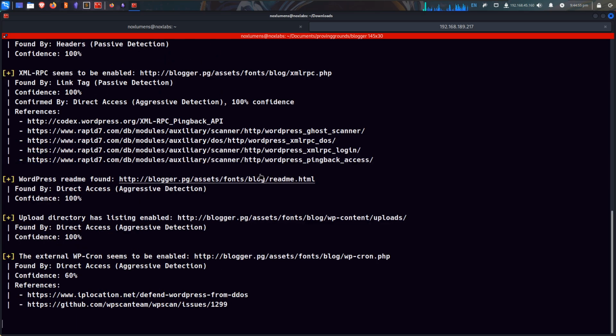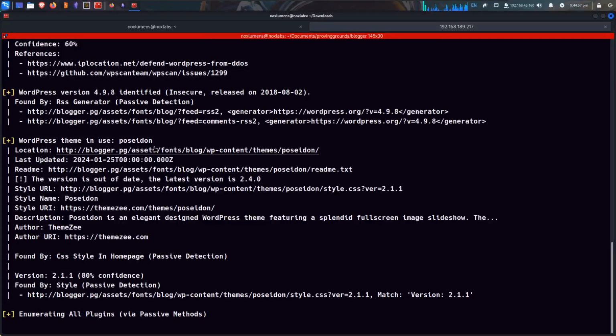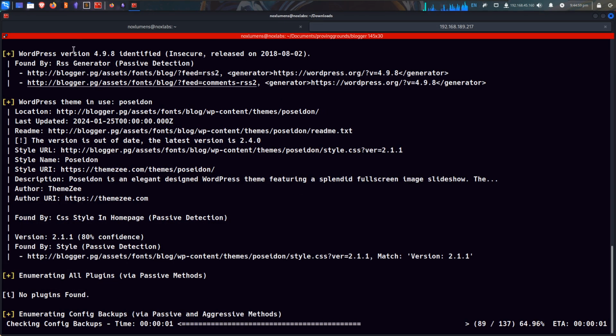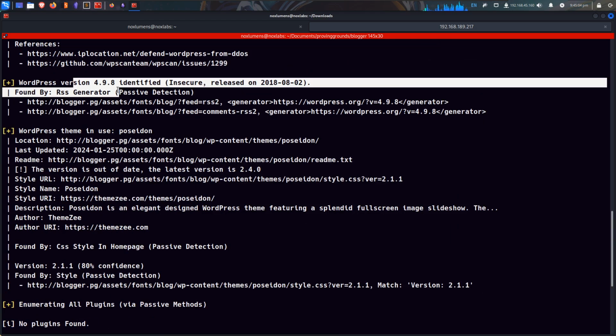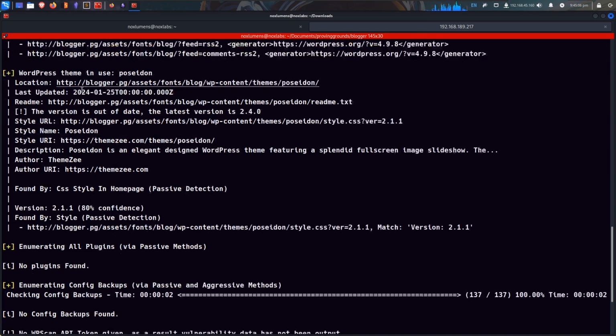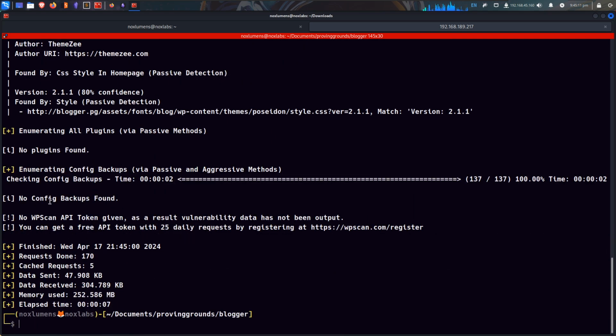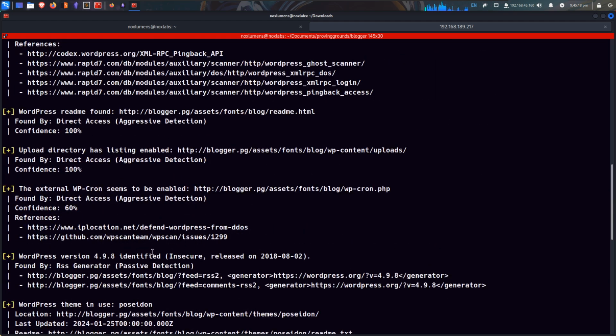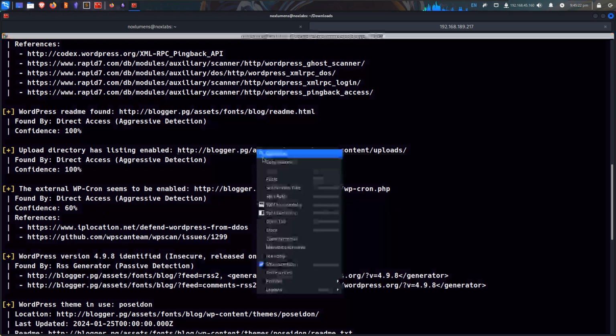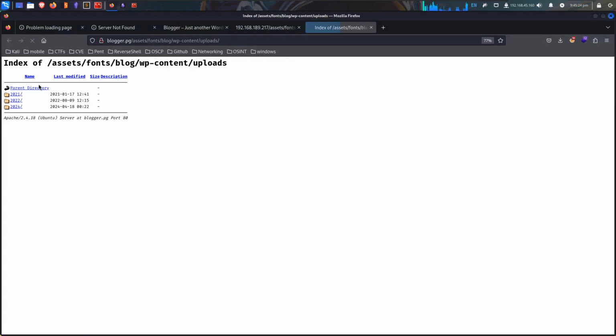Cool. So this is going to go through and run. It's running version 4.9.8. It has some themes. No config files, no backups. There is an uploads directory. And inside of here, we can actually see